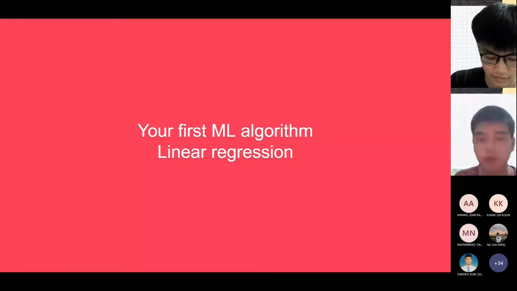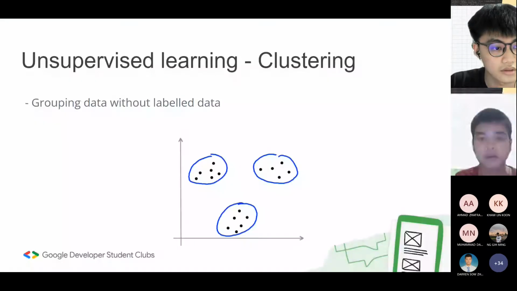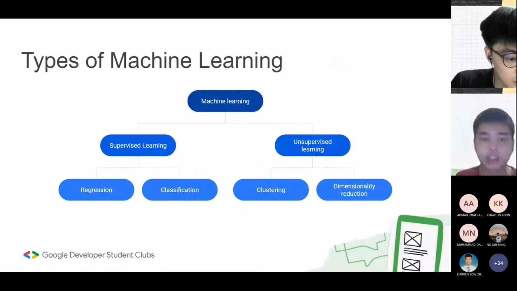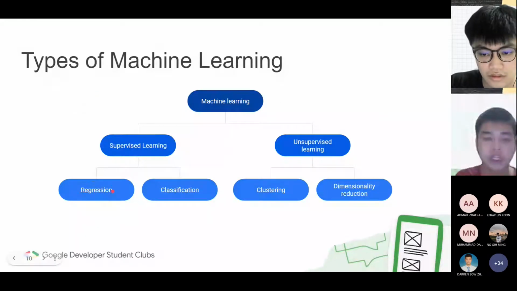So we'll move on into linear regression. We have learned a few algorithms in the previous slides: regression, classification, clustering, and dimensionality reduction. But within those four, the most basic one would be regression. And inside regression, we actually have a few types, and one of them is